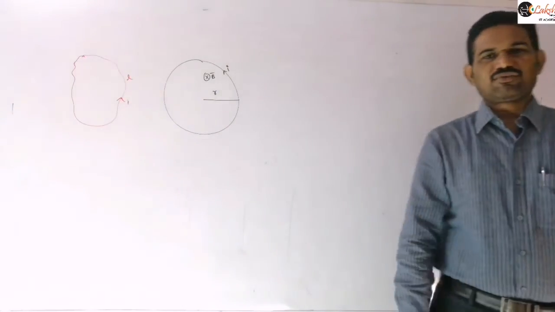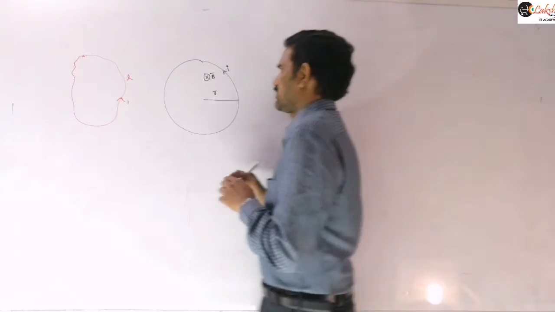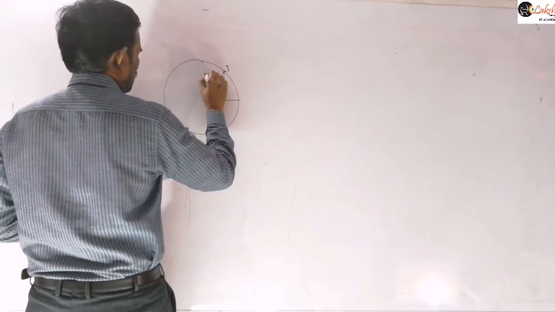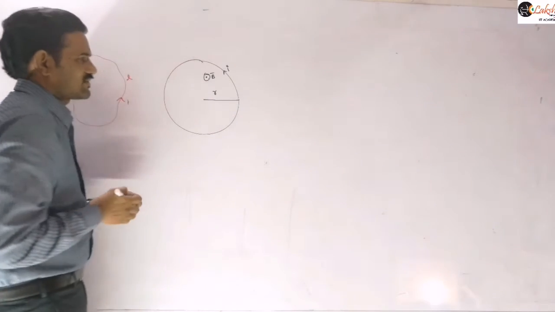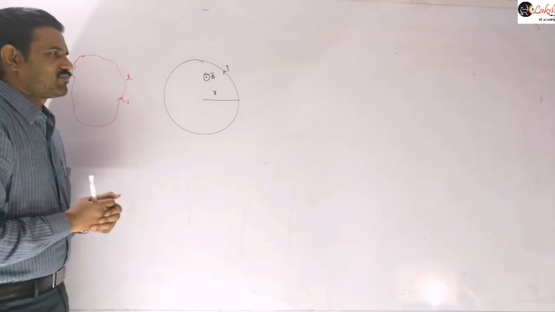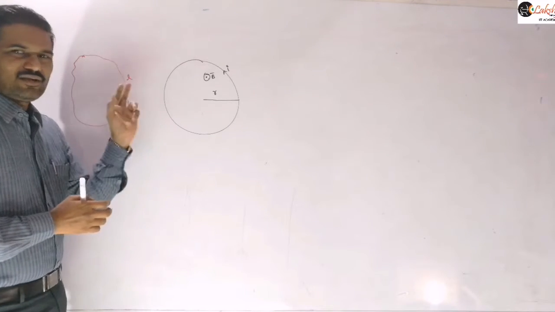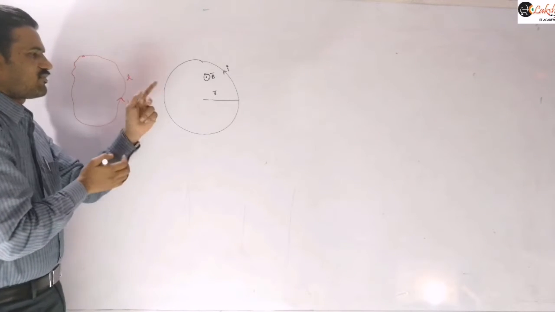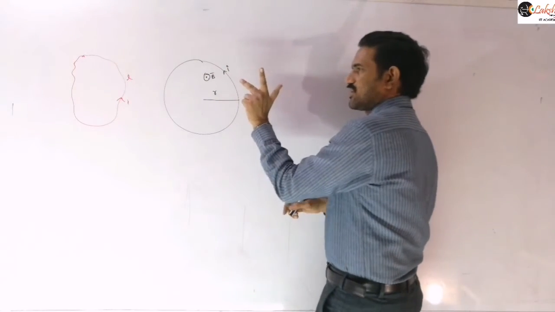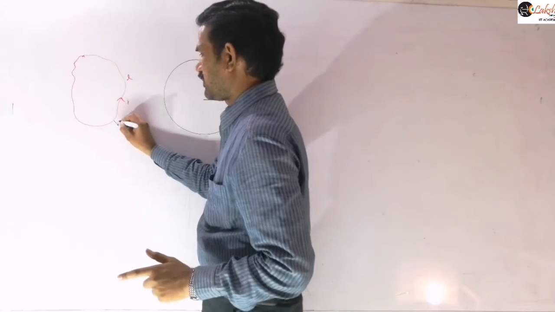So now our question is to find why it attains this shape. Let us consider that the magnetic field is out of the plane. And why is it attaining a circular shape? Because we know the force acts on every element here. So if the field is out of the plane and the current is flowing in this anti-clockwise direction like this, then the force acting on every element will actually be like this.